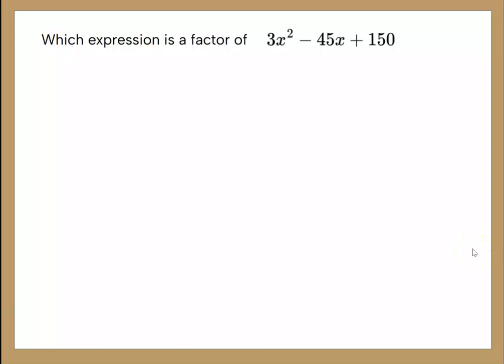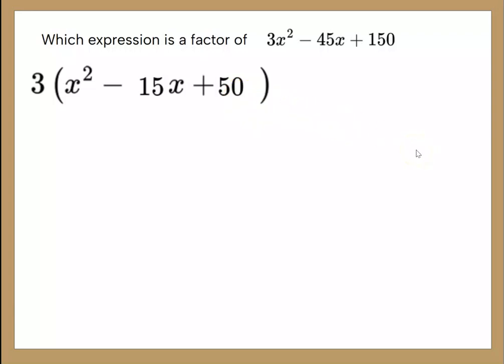Here's our problem, and I notice when I look at this that the 3 and 45 and 150 are all divisible by 3. That means that I can take a greatest common factor of 3. 3 times x squared would give me 3x squared. 3 times what gives me 45, 15, and 3 times what gives me 150, 50. So I'm going to fill in the 15 and the 50. Now I've got a smaller reduced version of my job for today, which is to factor this into two separate